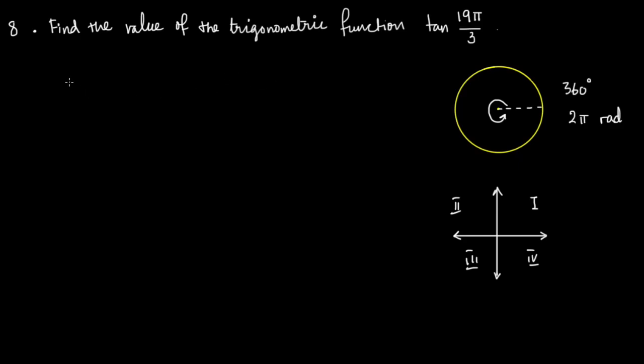So let's start. Tan 19 pi by 3 is equal to what? If you look at this circle, a full anticlockwise revolution around this circle is plus 2 pi radians by convention. Okay, so how can we break down 19 pi by 3 in terms of 2 pi? So 19 pi by 3 is actually equal to 2 pi plus 2 pi plus 2 pi plus pi by